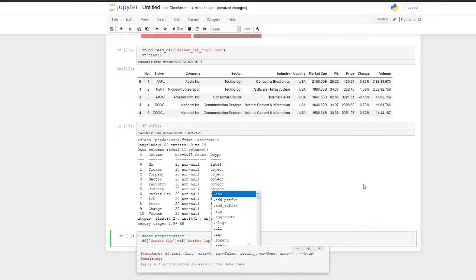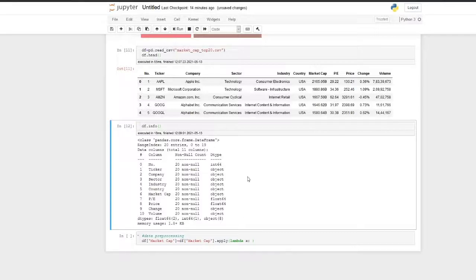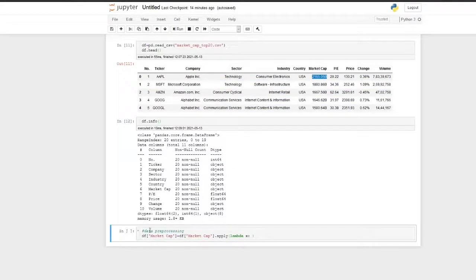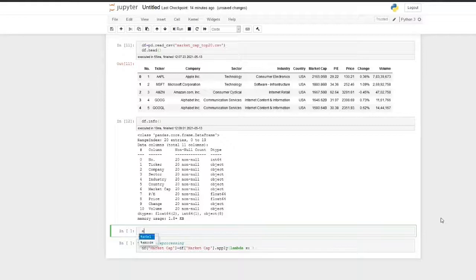What this function does is iterate through all the values in the market cap column, and for every value, for every row, it will do a transformation. It will take first x to be this value, then change x to the required value. So I will first just give the first value as x, and then find out what transformation I have to do.